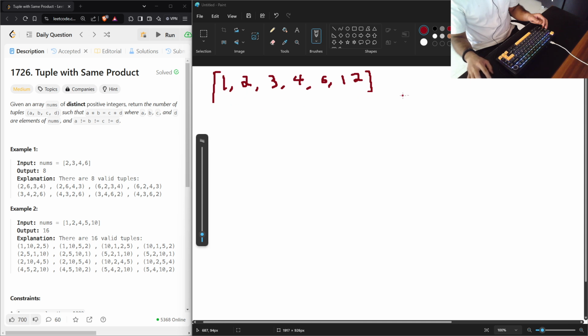nums are distinct and positive integers, and the length of this array called nums is up to 1000, and the values in nums can go up to 10 to the power 4. They won't be negative, they won't be 0, but they will be only positive integers and all of them distinct. From the given array called nums, we need to find tuples a, b, c, d such that a product